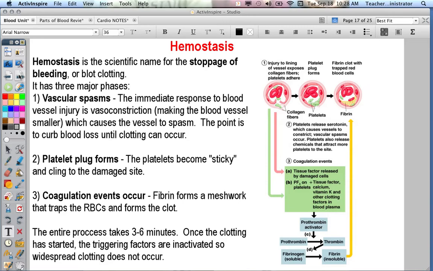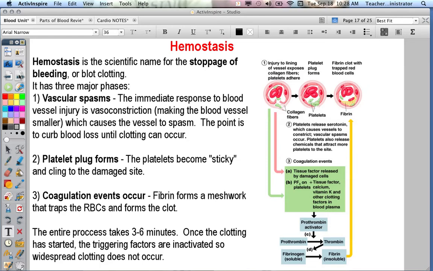Hemostasis, that is the scientific name for stopping blood, or what we would call blood clotting. There are 3 major phases that occur for hemostasis to happen in your body. The first phase is where once your vessel is damaged, whether it's torn or bruised, you're going to have vascular spasms, and that's going to cause your blood vessel